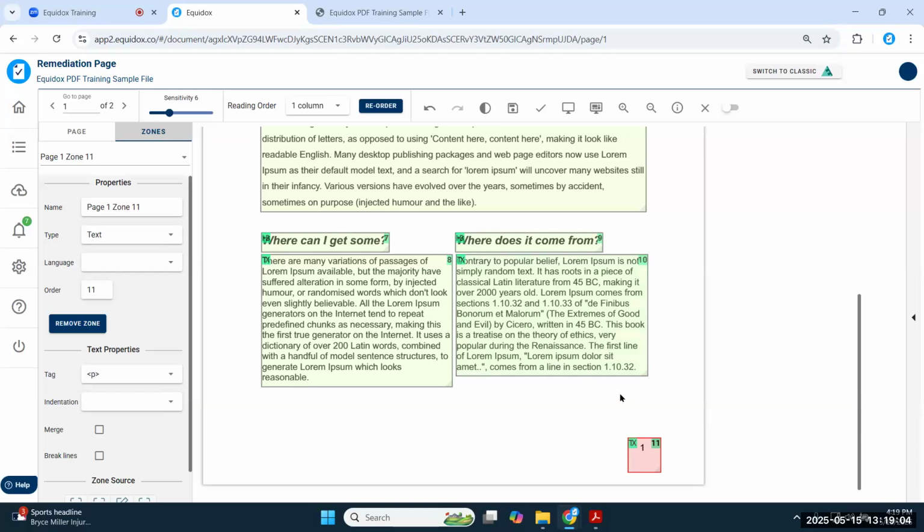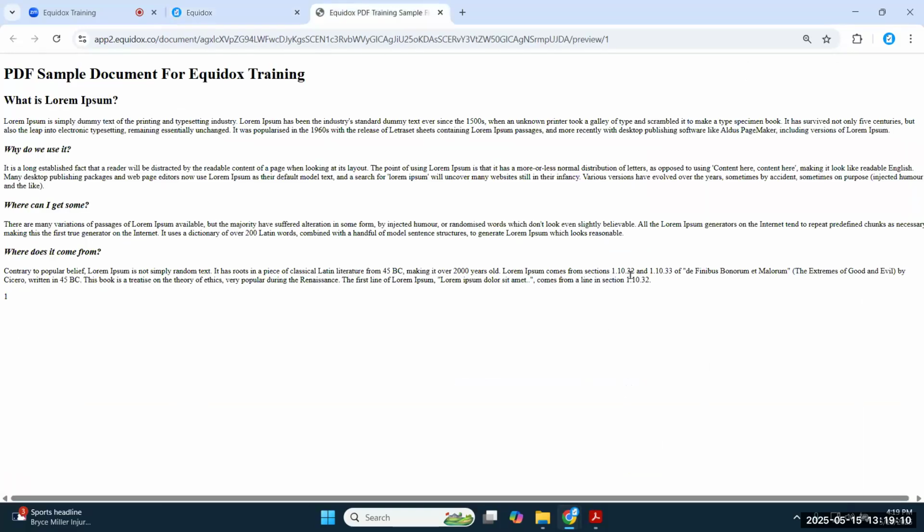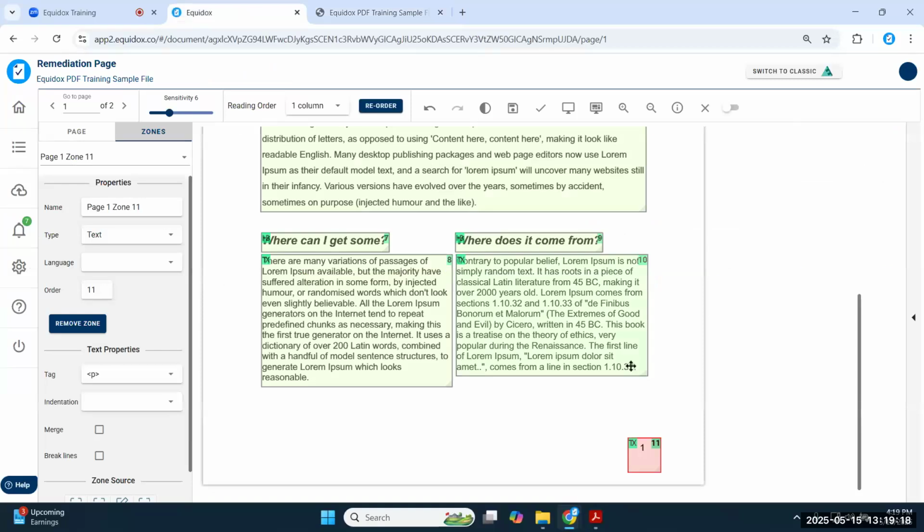It would be very easy for them to conflate that sequence of numbers with that number 1, because they're being read directly, going right from one to the next. So your ear might automatically combine those numbers together. And now you're on a wild goose chase looking for a section of this document that doesn't even exist because you just misunderstood something. So again, these page numbers in general, you can remove them.